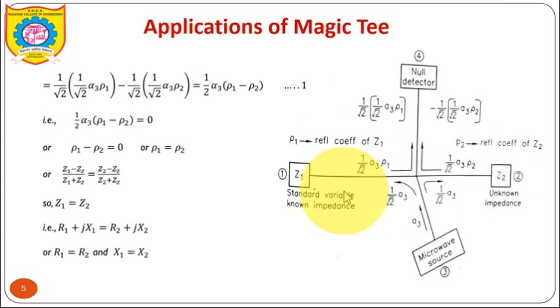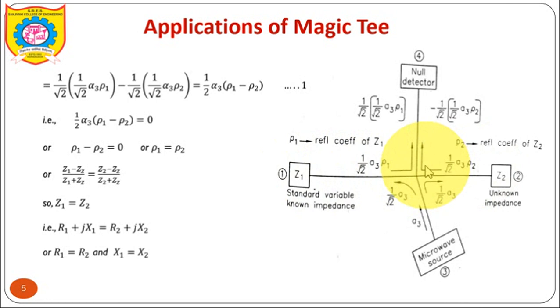These impedances are not equal, and that's why imperfect matching takes place, and quite obviously the reflection will come back. The reflection coming from port number 1, the standard variable known impedance, is 1 by root 2 A3 rho 1. Similarly, from the unknown impedance we get the reflection 1 by root 2 A3 rho 2, and this will